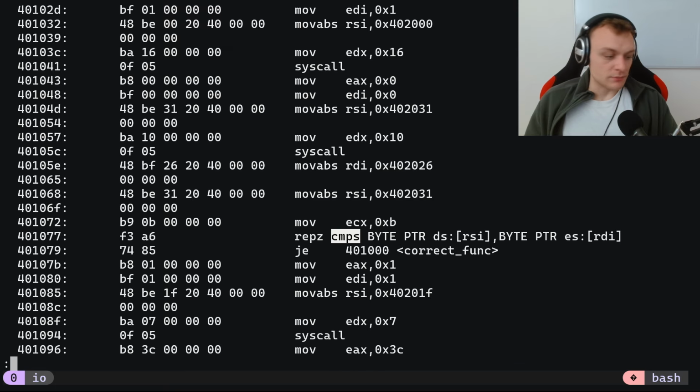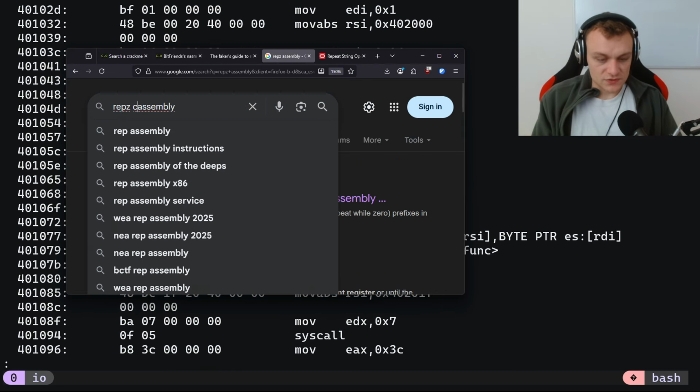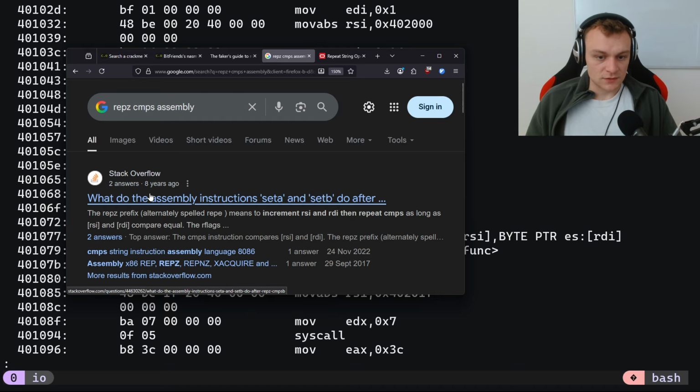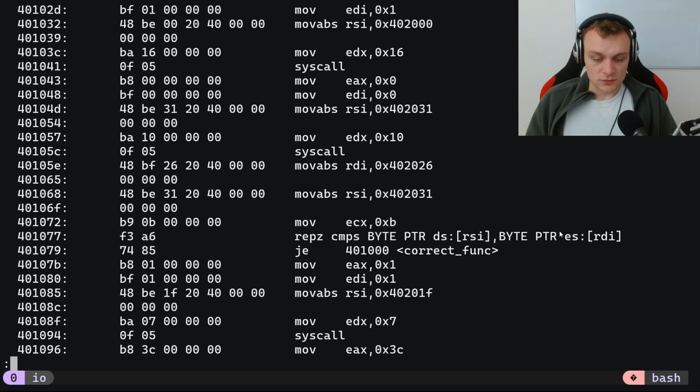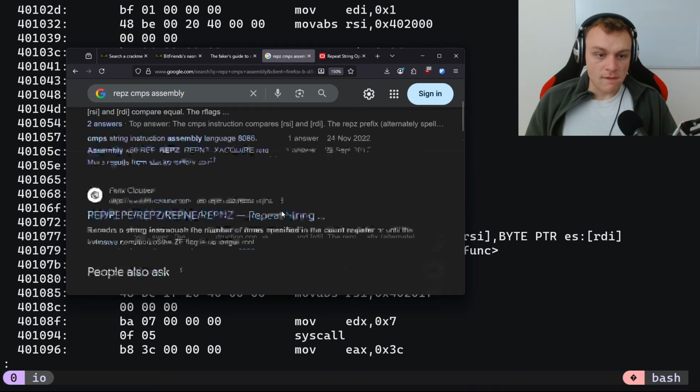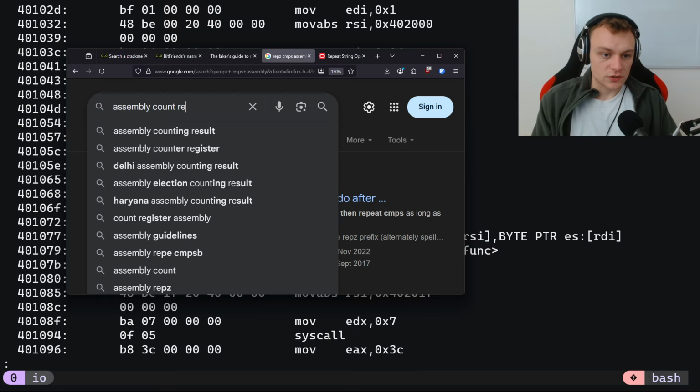Reps CMPS. Repeats a string instruction the number of times specified in the count register. What's the count register? Assembly count register